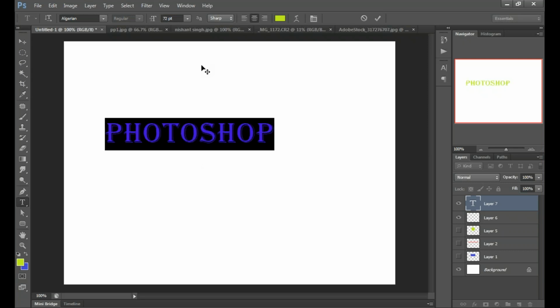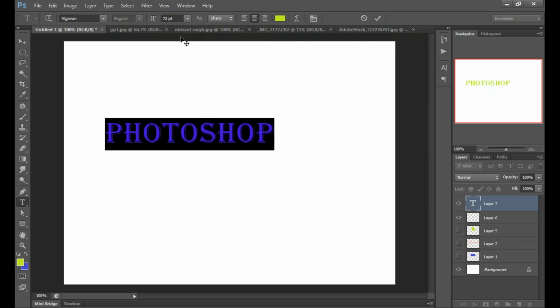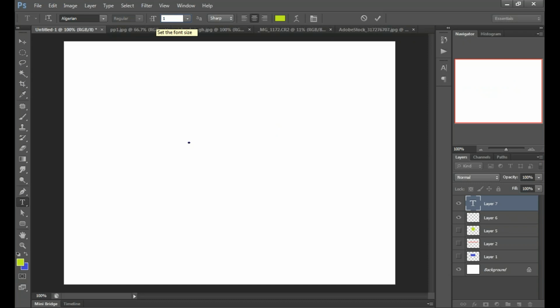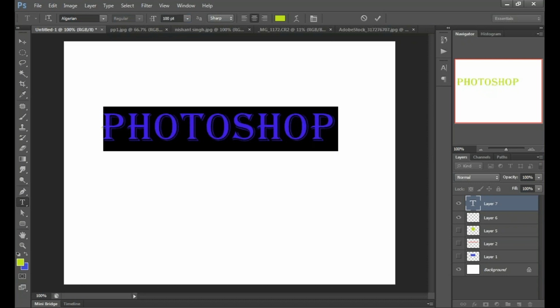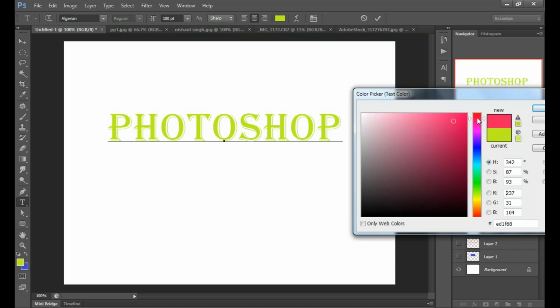You will get a few options over here. The maximum number is 72, but if you want more than that, you have to type it yourself. I'm going to type 100 points. Okay, and now I'm going to change the color to red.